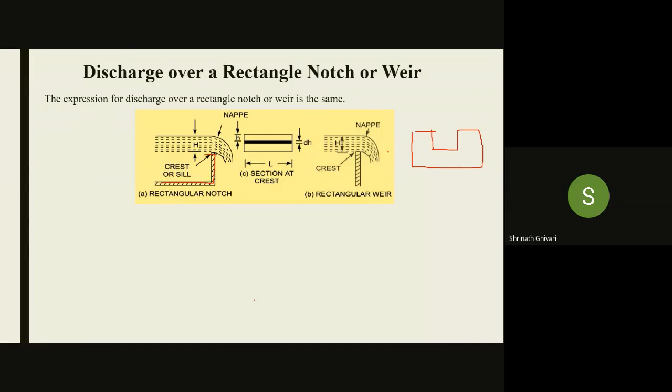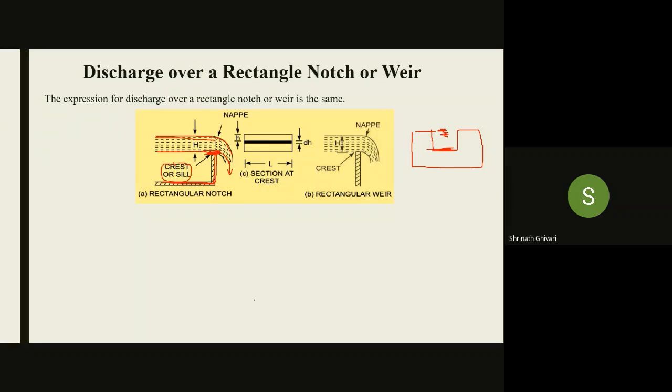Okay, this is a rectangular notch through which the water is flowing. Whatever this part is, that is this part. Whatever this part is, that is this one. It is open to the atmosphere like this, so the water will be flowing towards us. From the side view, the water is flowing in this direction, like this. The top part is called the nappe, and the below part is called the crest or